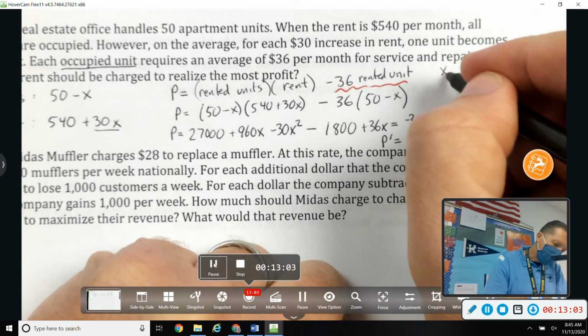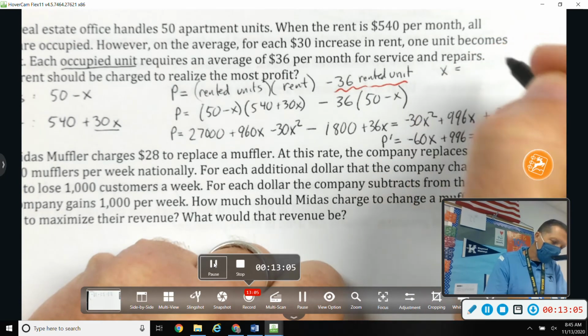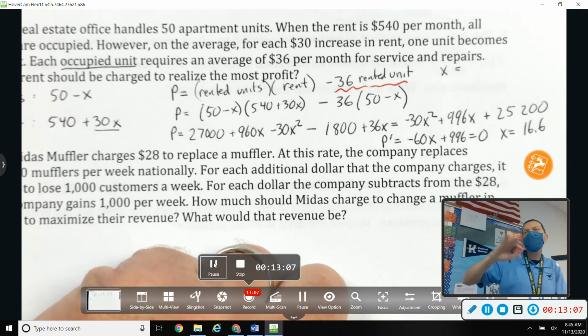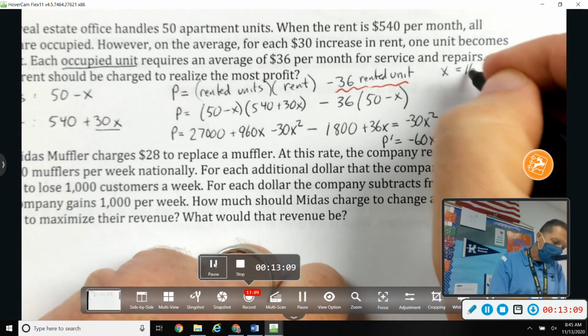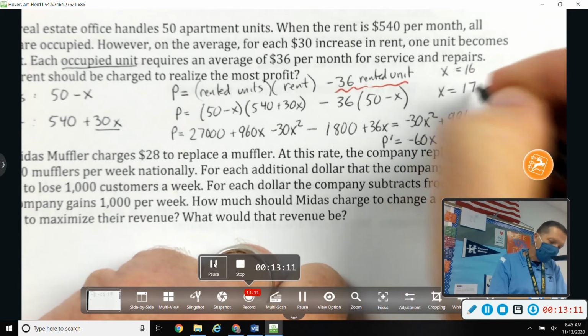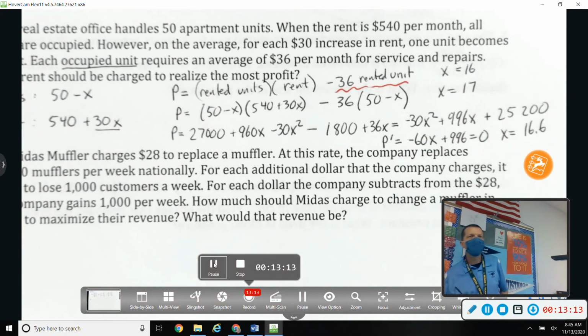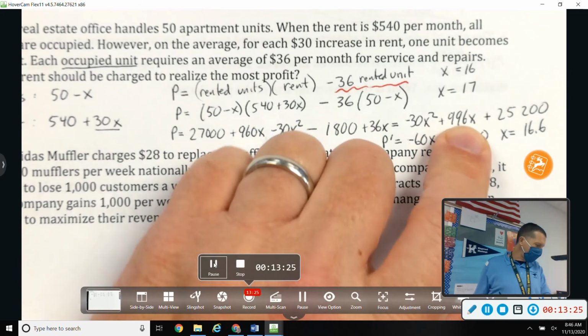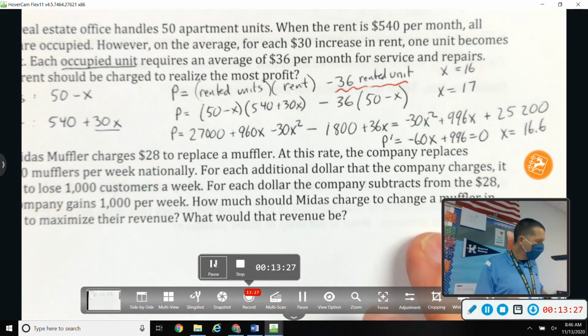I'm guessing it's going to be 17, but because the relationship isn't linear, I don't know which is going to be better, 16 or 17. I'm thinking it's 17 because it would round to 17. But this isn't a linear thing, so because it's a squared thing, who knows? So I need to check 16 and 17 to figure out which one gives me the most